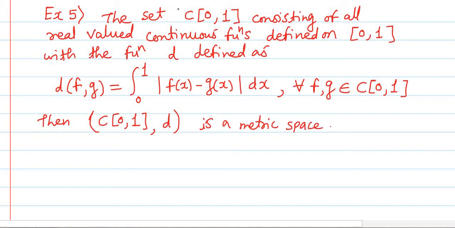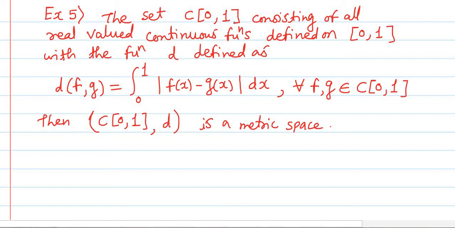So see here, if we consider the set of all continuous real valued functions defined on the closed interval 0 to 1, which means their domain is the closed interval 0 to 1, and suppose this set is denoted by C[0,1], then on that set we define the function D as D of f comma g,